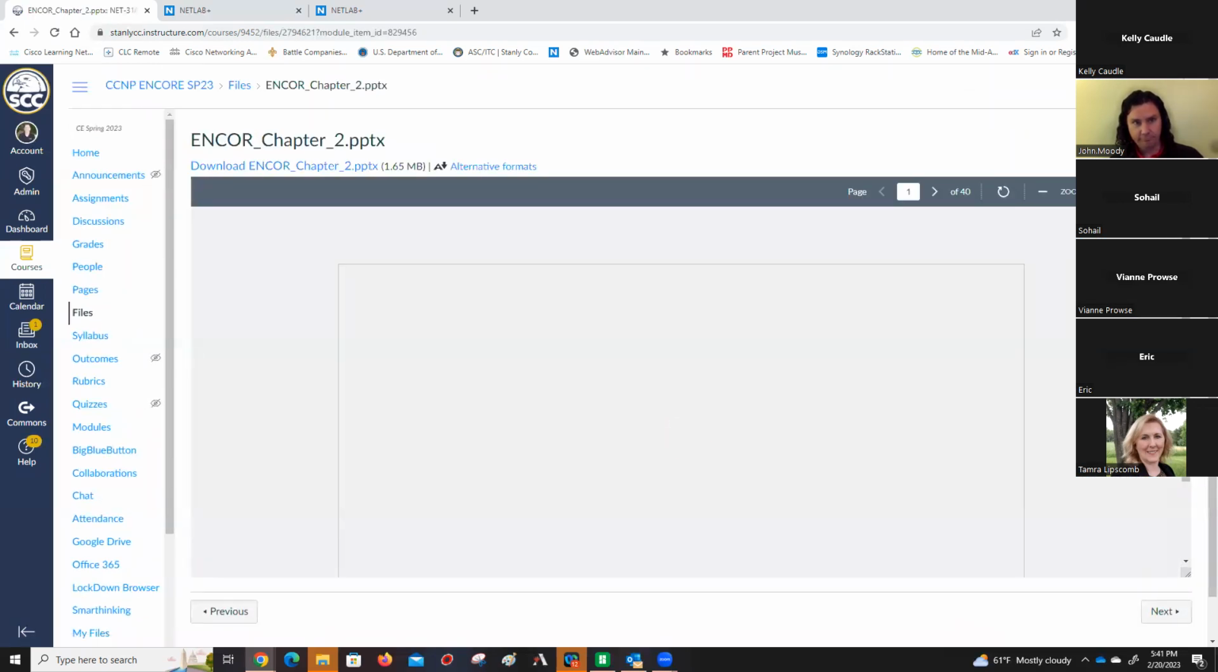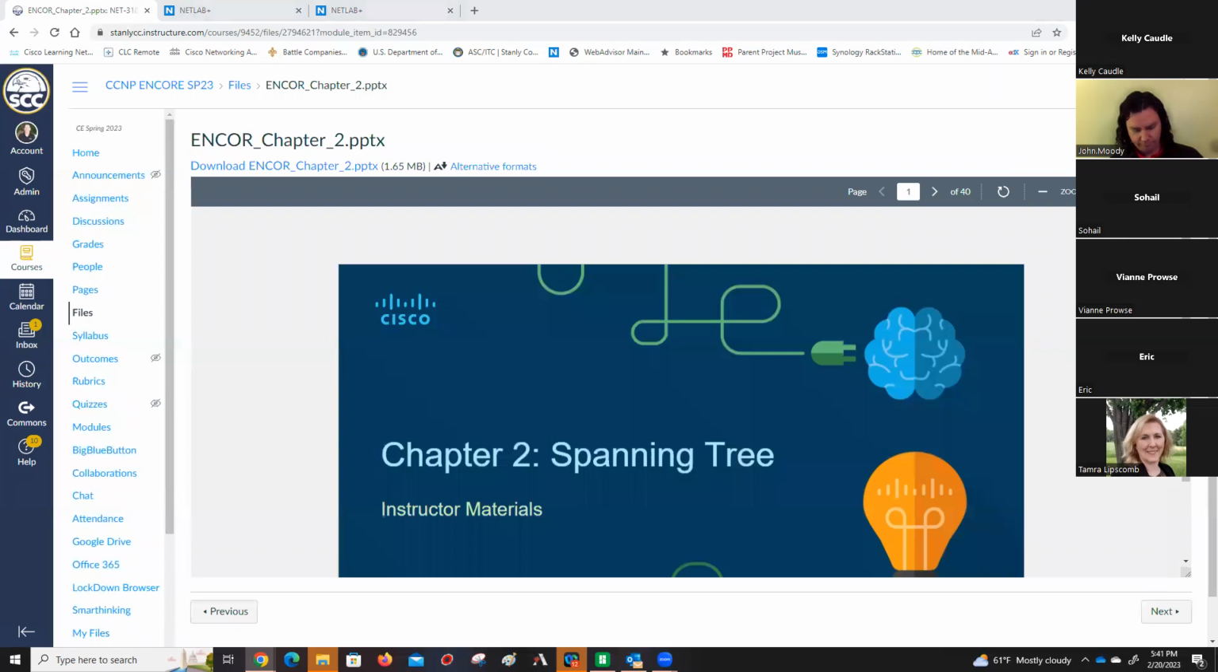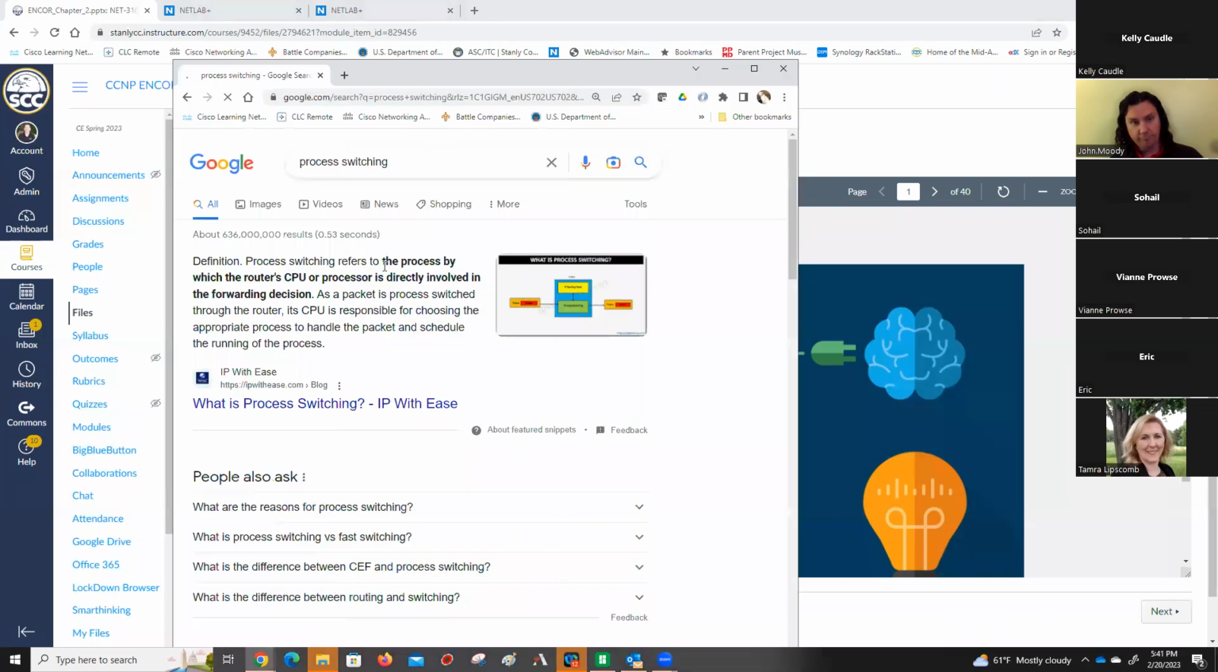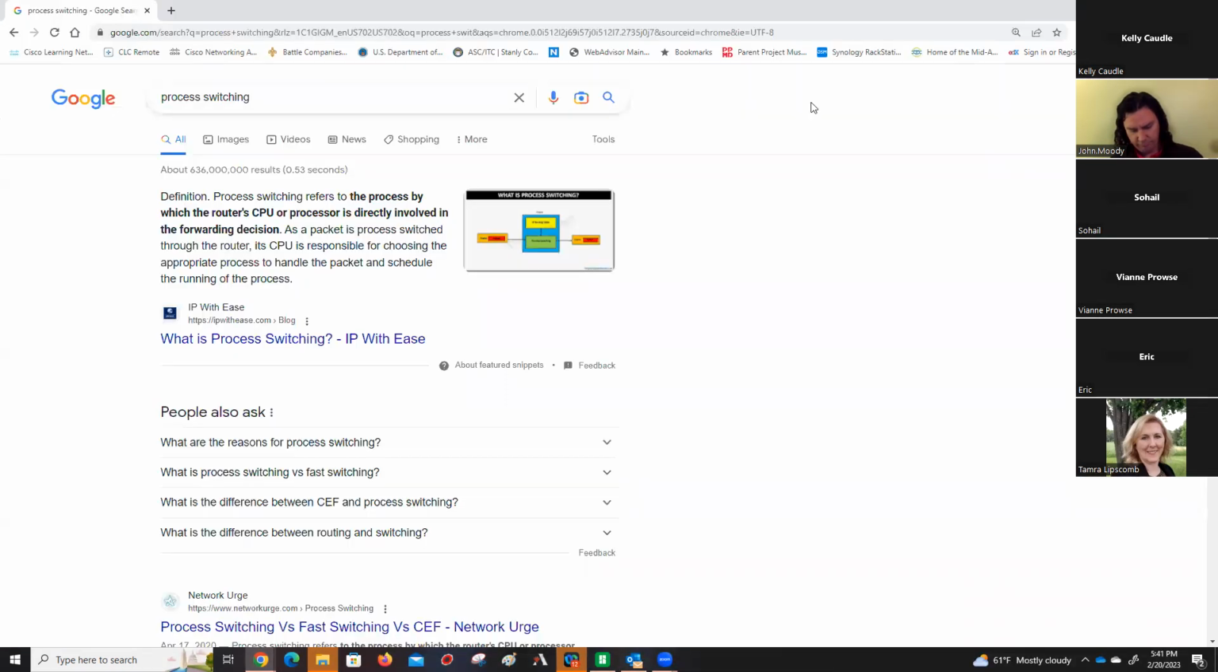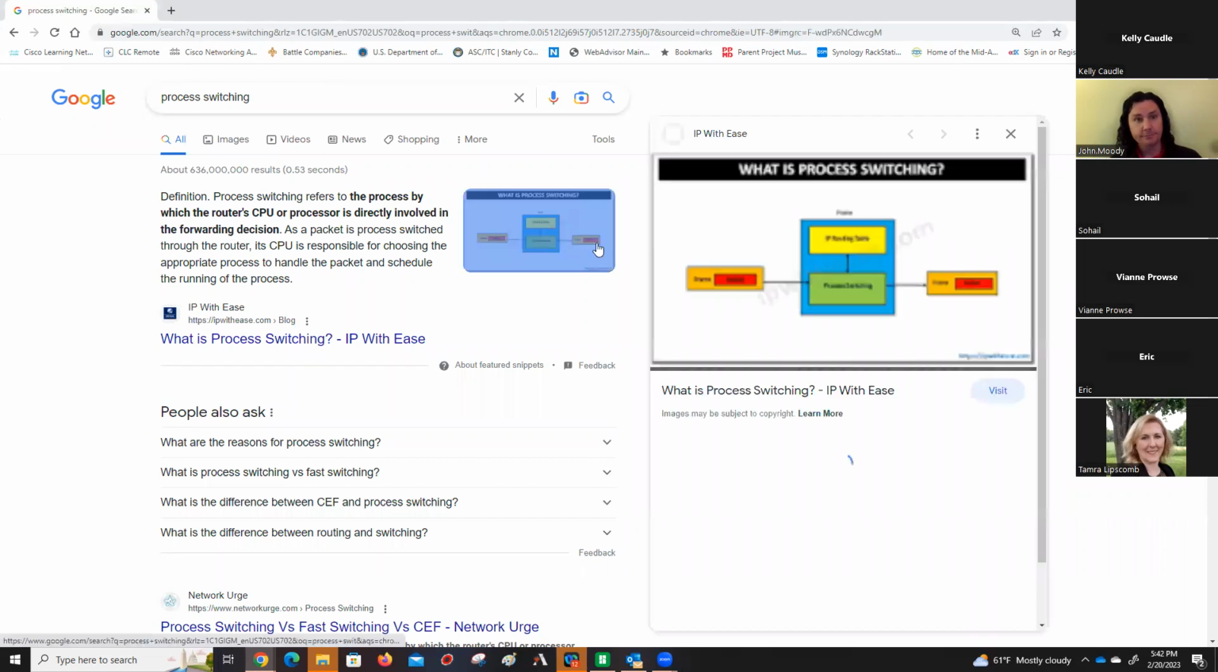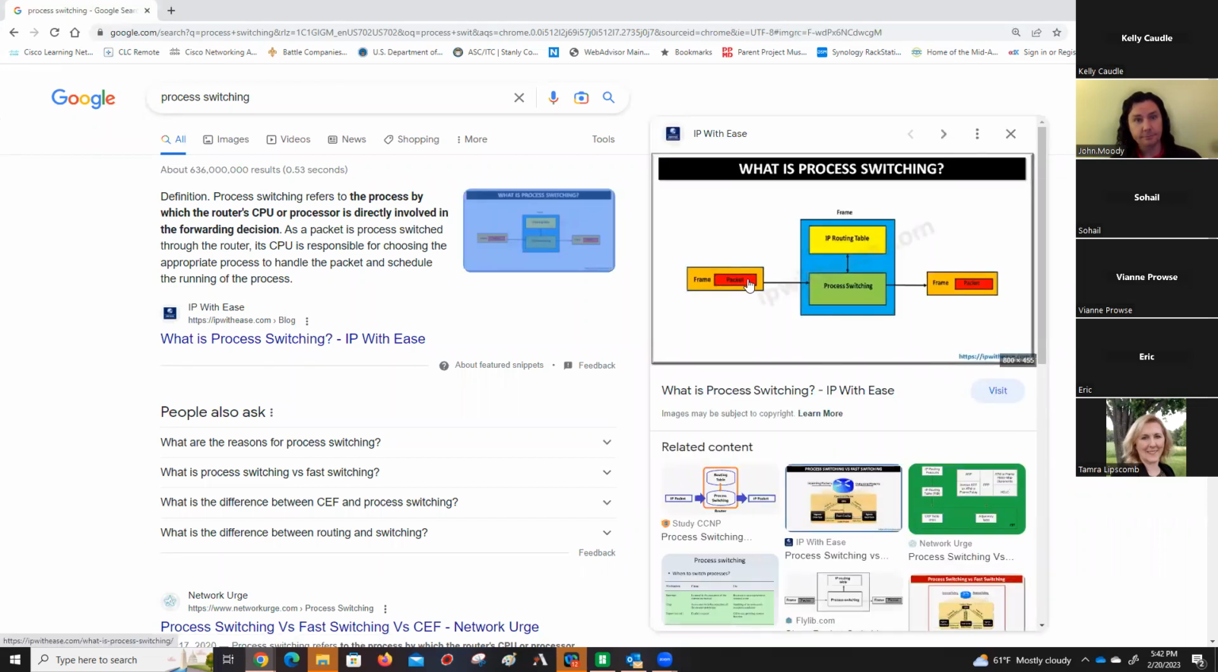Now, I want to, here in a second, let's talk process. Okay. Now, last week, you had a question about process switching versus fast switching versus CEF. Process switching is, let's see, I got some questions about the book. Okay. CCNP. All right. Process switching is a routing method whereby every single time a packet has to be acted upon, you must send that packet into the